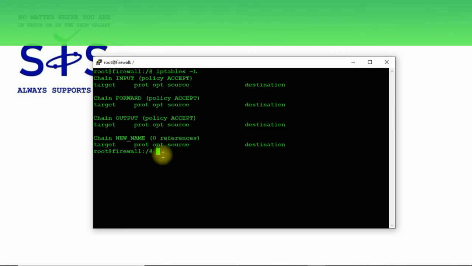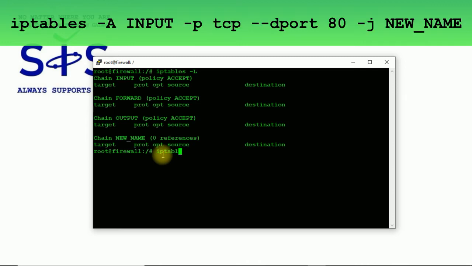So to do that, for example, if you want to send the packets from the input chain that will be dedicated for our HTTP browser, we must type something like this: iptables dash.